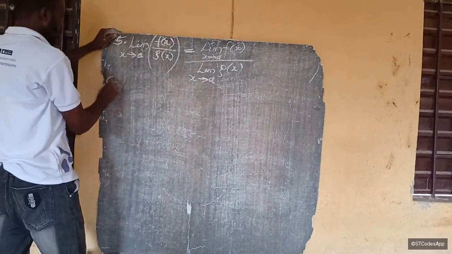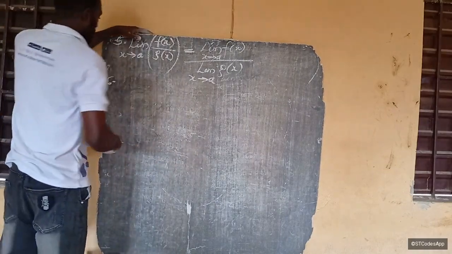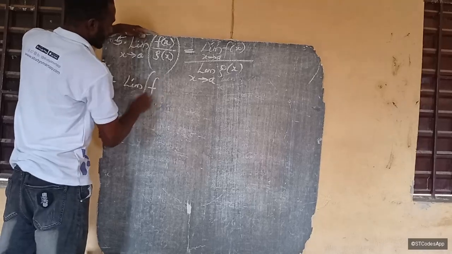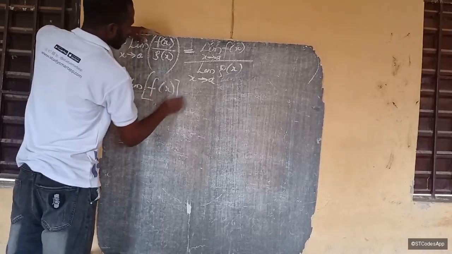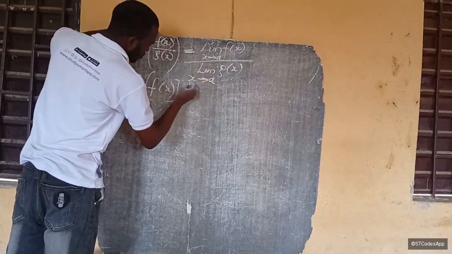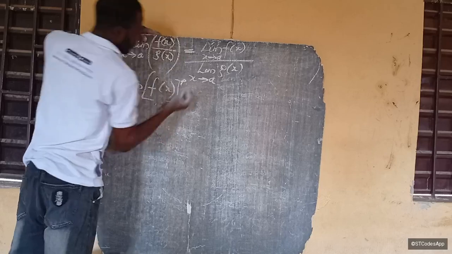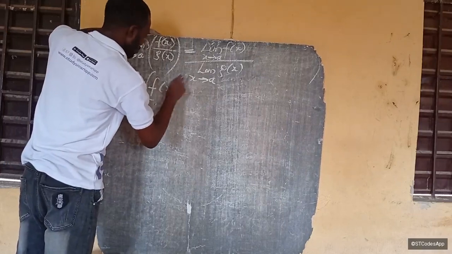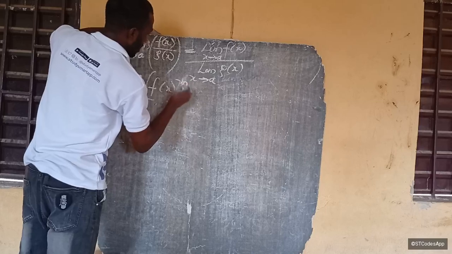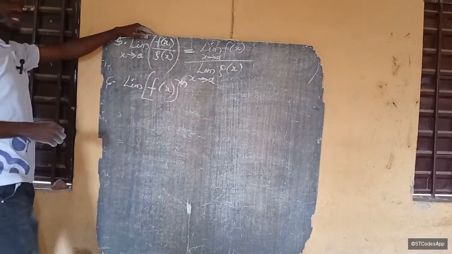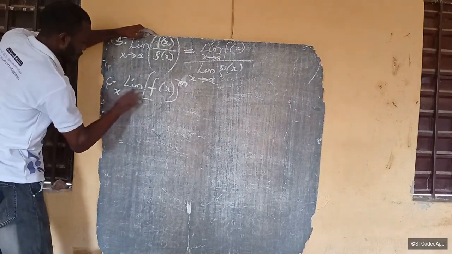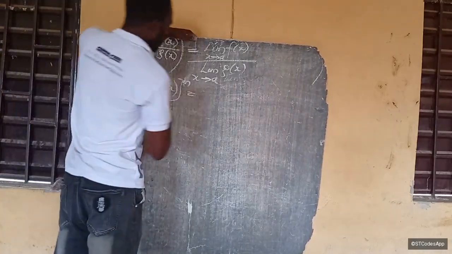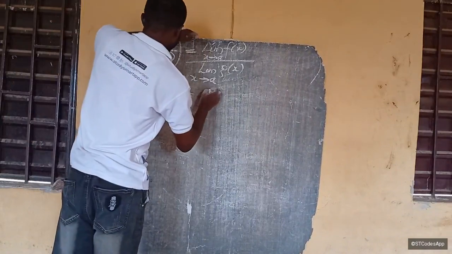Then the last property is the limit of f of x all raised to any power. Let's use m, m is a fine number. So as x approaches a, the limit of f of x all raised to the power m as x approaches a is equal to the